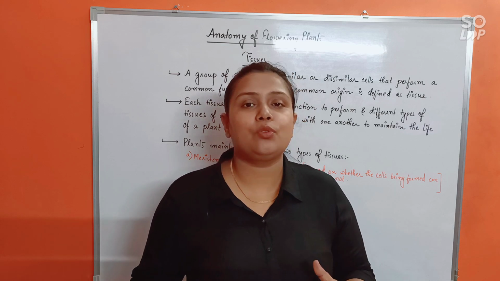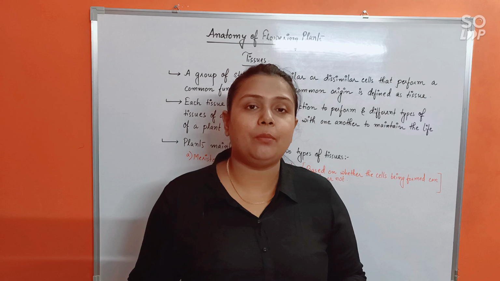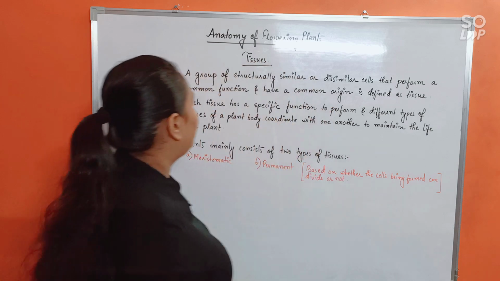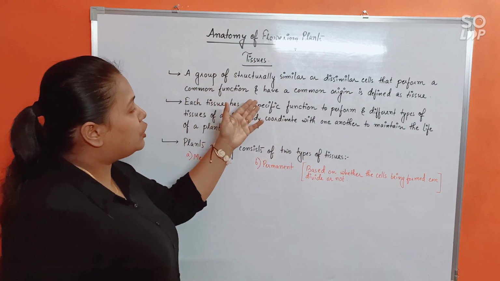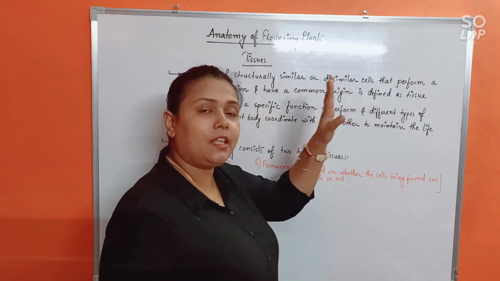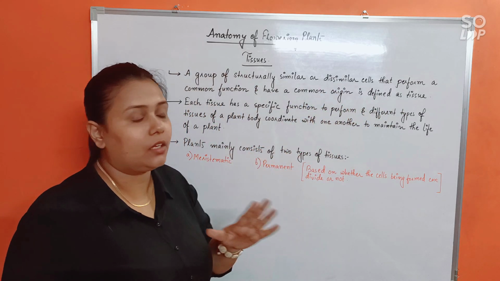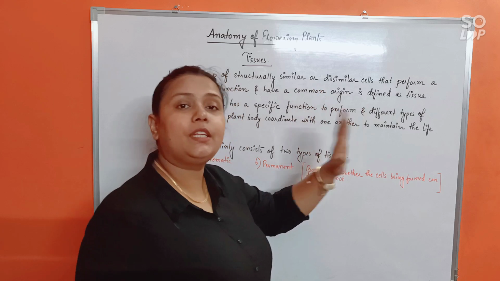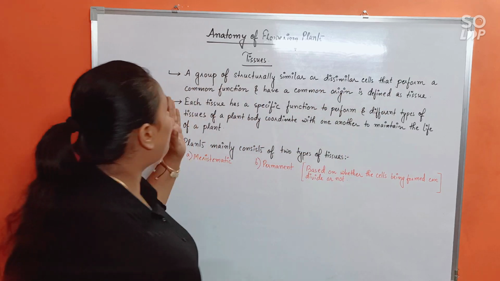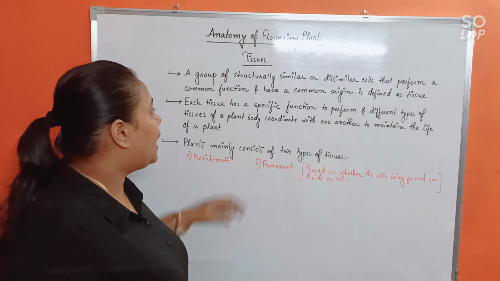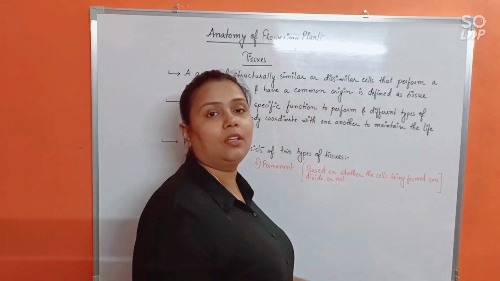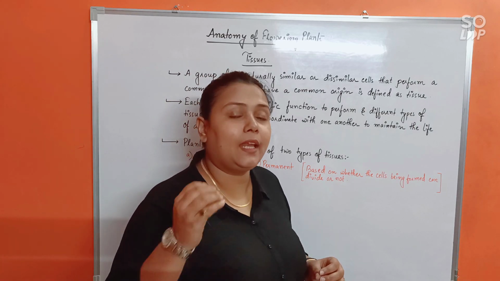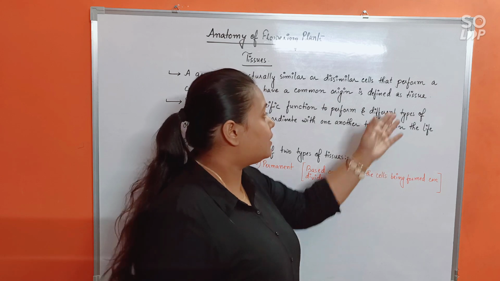Alright, now these tissues, again, there are many types of tissues within the plant body which will interact to allow the plant to survive. Okay, so let's see this. The definition of tissues: a group of structurally similar or dissimilar cells. It's never that tissues means all similar cells will make it. No. Do remember, this is a very important point. Tissues may be made up of similar or dissimilar cells that perform a common function. The function is going to remain the same. And also they have a common origin. So a group of cells which may be similar or dissimilar, but perform a common function and have a common origin, would be referred to as tissue.